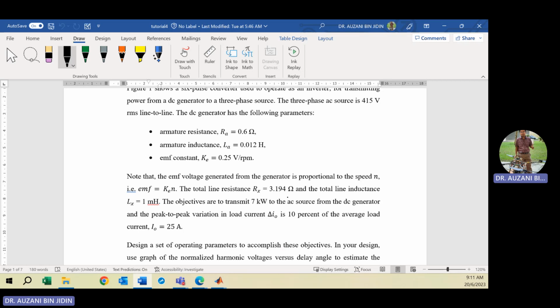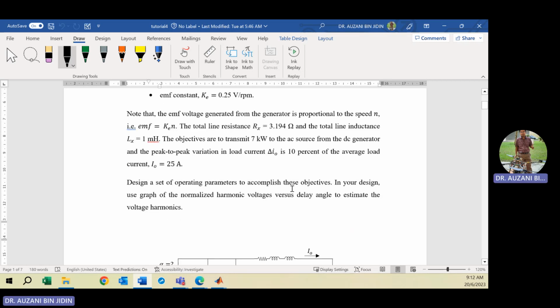R sub X is 3.194 ohm. You have total line inductance of 1 millihenry, and the objective of the converter is to transmit 7 kilowatt to the AC source, meaning from the DC to AC. And you have to limit the output current ripple, which is 10% of the average load current. The load current given is 25 ampere. So in your design, you need to obtain some operating parameters, control parameters, for example, alpha and the output voltage,